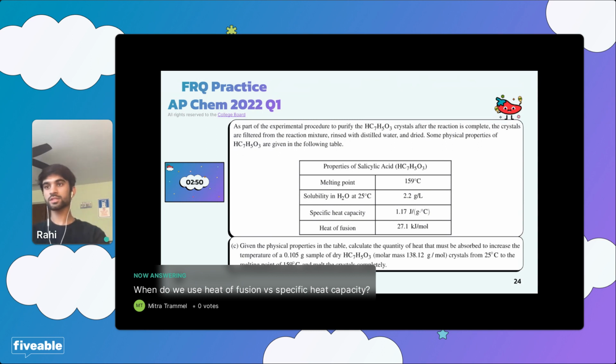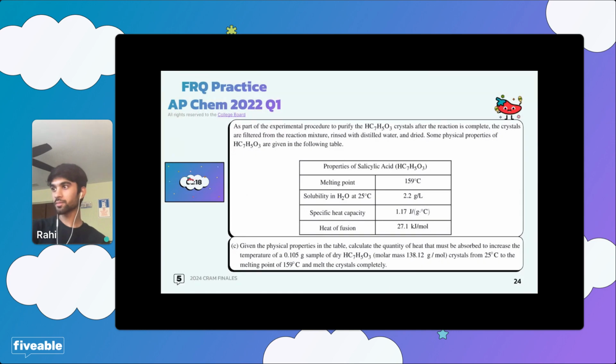When you use heat of fusion versus specific heat capacity. So the specific heat capacity is a constant C, and that is when you are within a certain phase. So when you're within a solid and going up that kind of solid curve, when something's absorbing or releasing heat, then you use specific heat capacity. Heat of fusion is specifically referring to across a particular phase change, and that phase change would be fusion, right? Yeah. Wait, Yasha's right. I support.